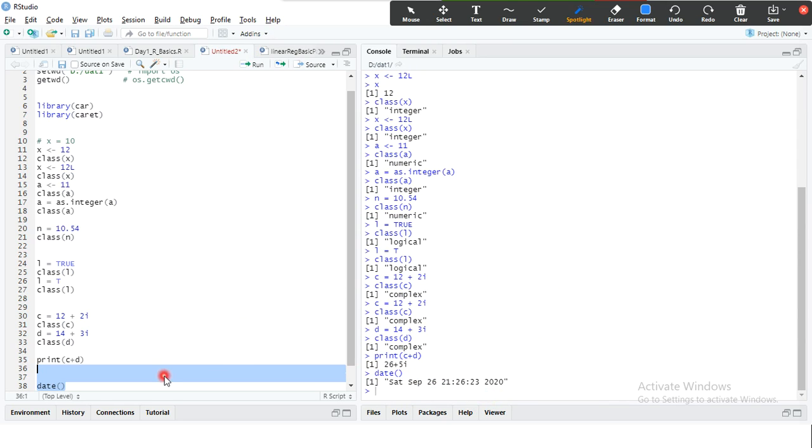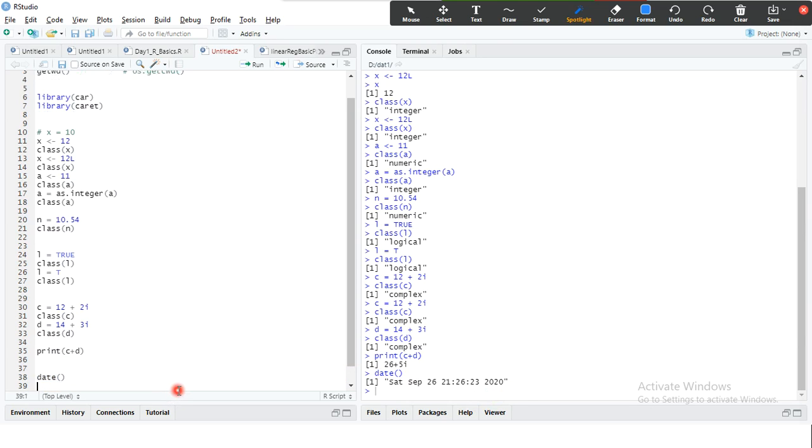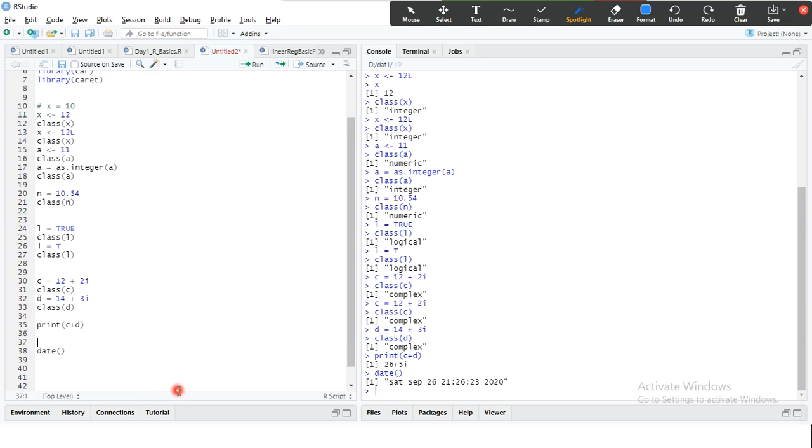Okay, so we can check the date. It's something like Sys.Date in Python, right? It's capital S, right? The Sys.Date, the date function, right? So that is what we used to check it, the date function.